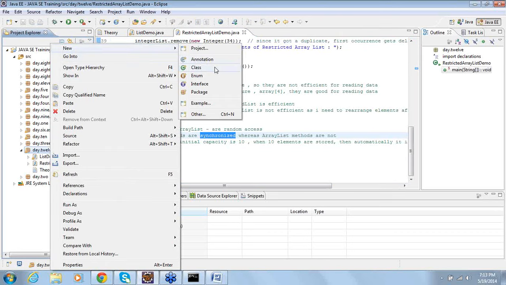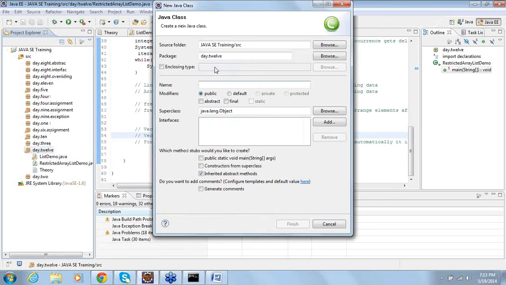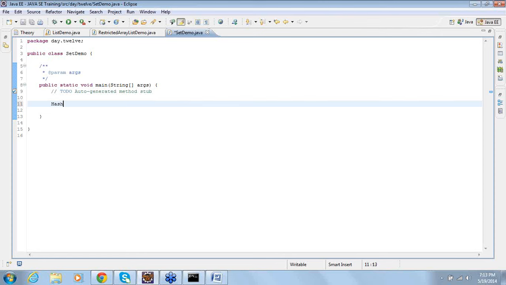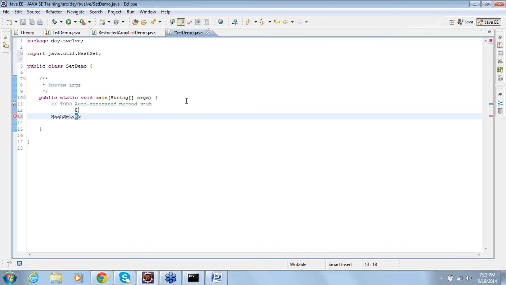Now let's quickly move on to the set part. Now set also is the same, a collection of objects, and it can be similar objects or it can be dissimilar objects. The objects can be same or the objects can be different. Right? And there are 3 different implementations of the set. One is hash set,